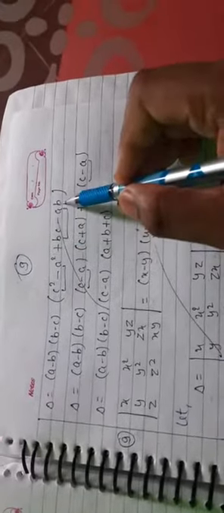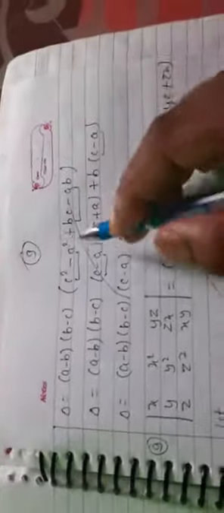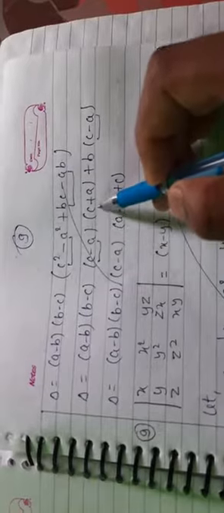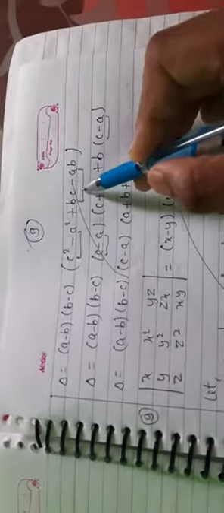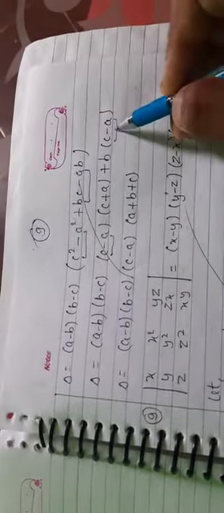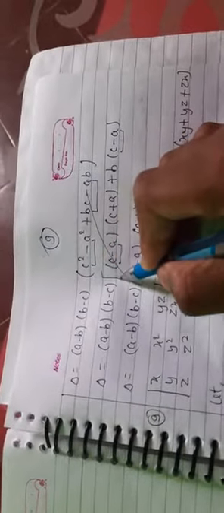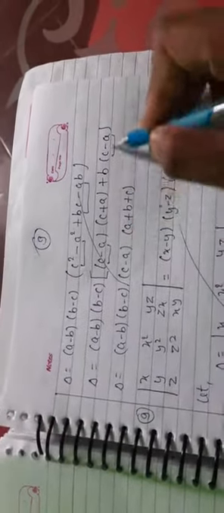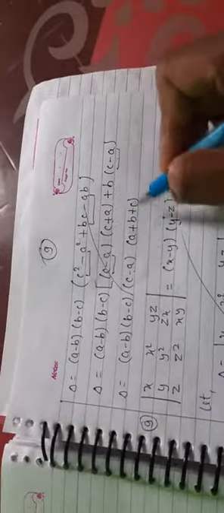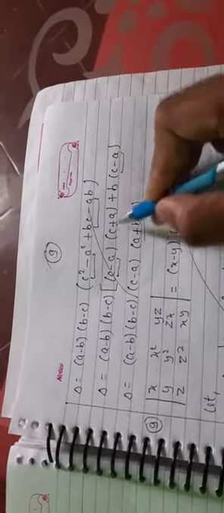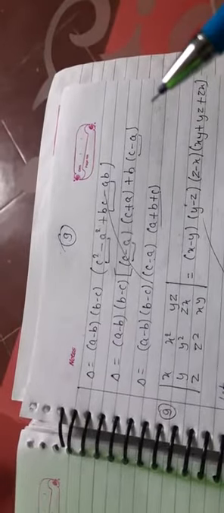After that we will factorize this. C square minus a square we will take together, bc minus ab we will take together. C square minus a square we can split, c minus a, c plus a, and what is common here? b. So what will remain? c minus a. Okay, so c minus a again common, and what will remain? c plus a plus b, means a plus b plus c. We can rearrange this.